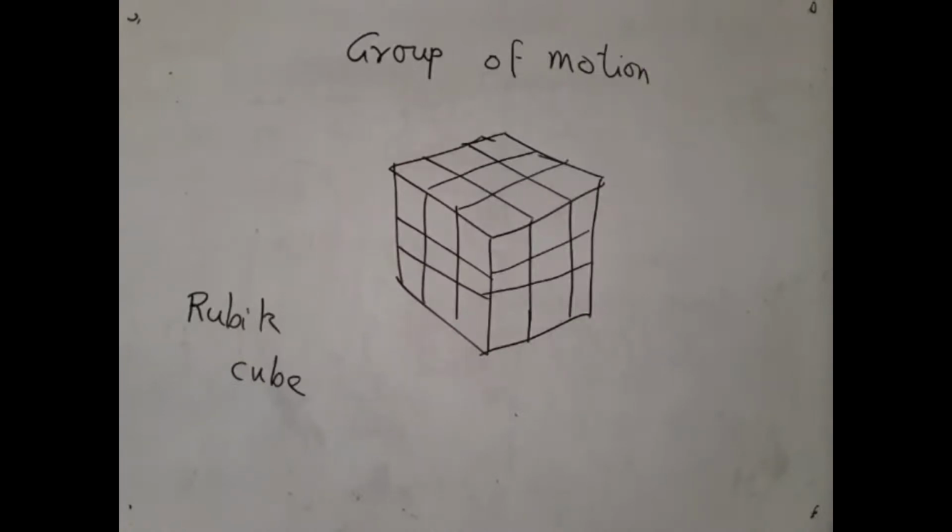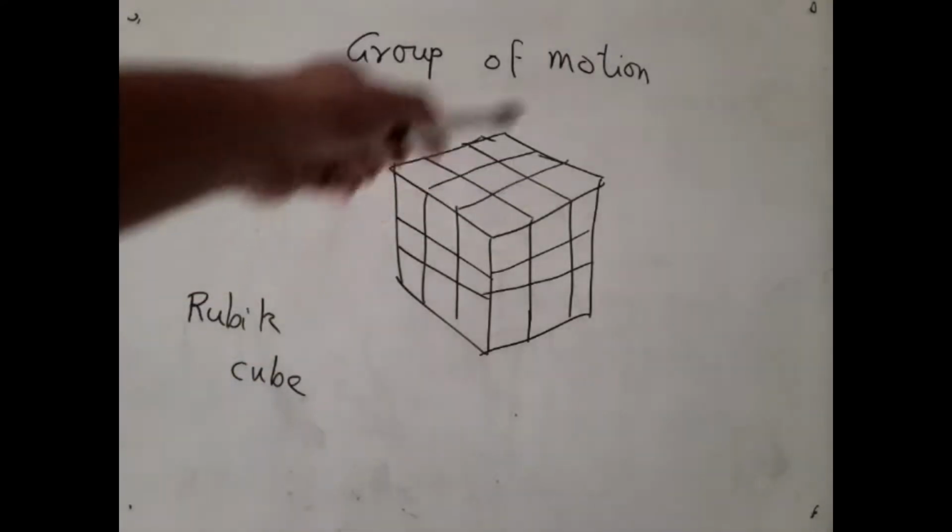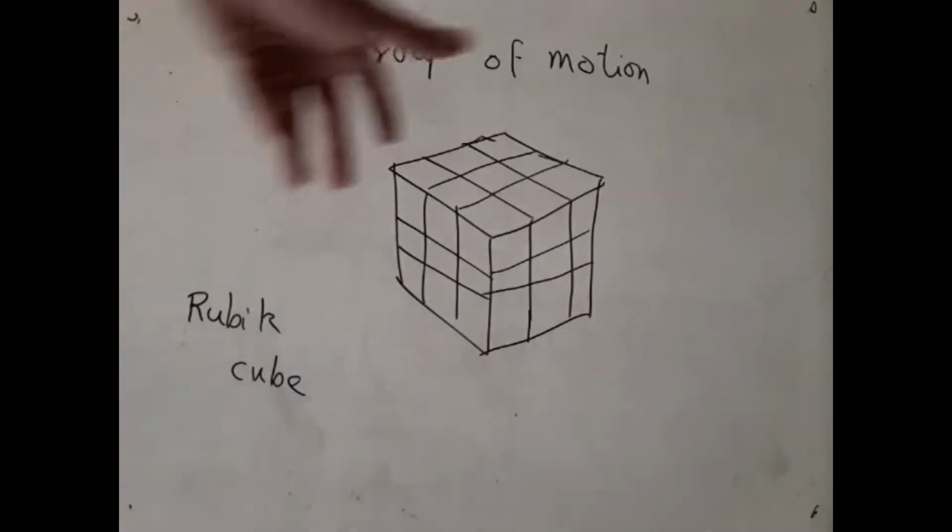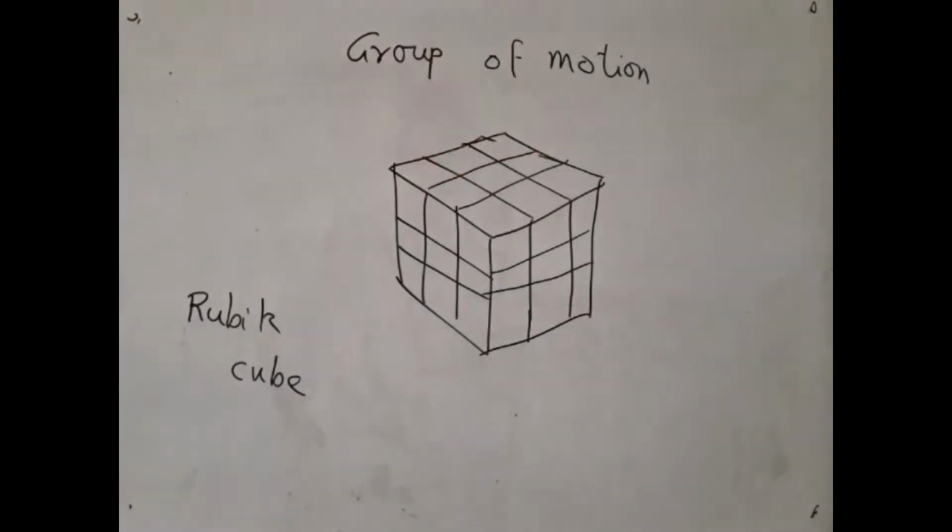Now here is a different type of group which I have called group of motion. Just as we had group of symmetry of an object, we can have group of motion of an object. Now here is a particular object that should be familiar to all of us. It's a Rubik cube. Now in a Rubik cube, you are free to rotate the different layers. So you can rotate the top layer